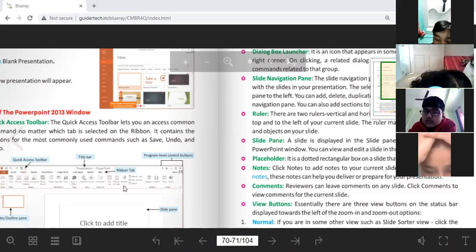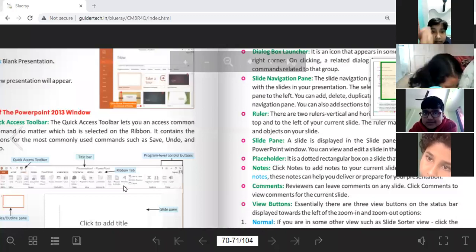So we use a ruler in our daily life. When you want to draw a line, you take a ruler and draw it. If you want to draw 5 centimeter or 6 centimeter, you can measure the line and draw it. Like that only, the ruler helps the content of the slide to be in the right place.